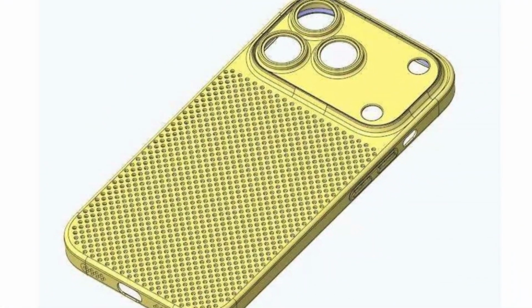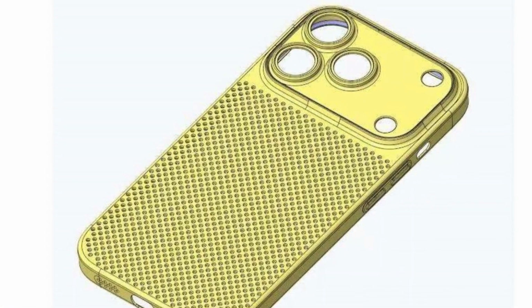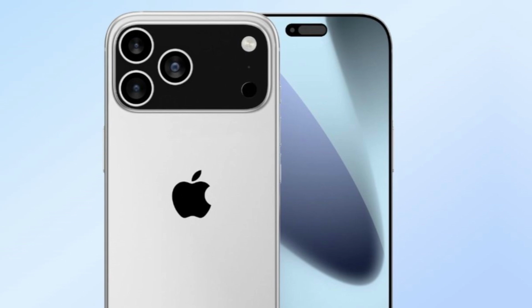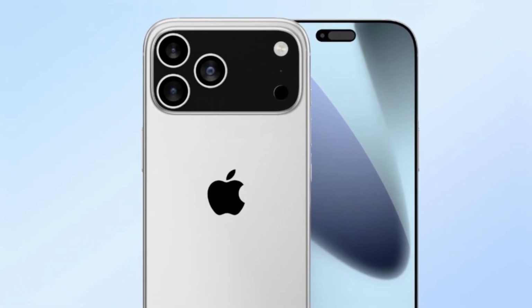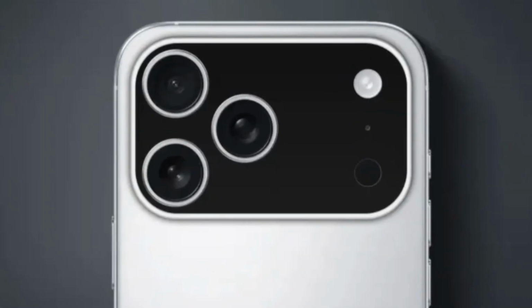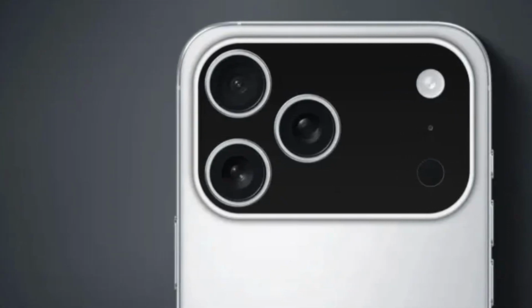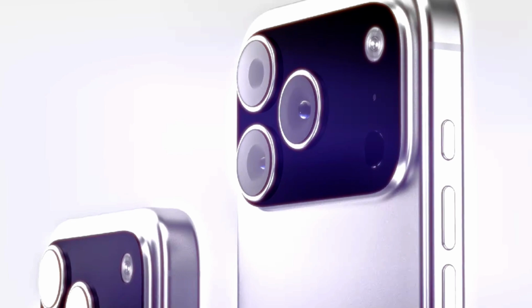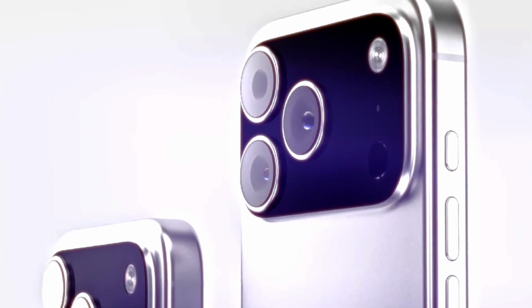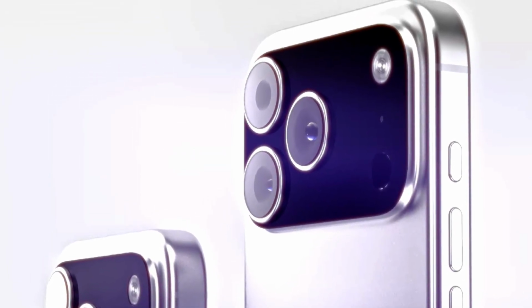A new leaked render of an iPhone 17 Pro case has created confusion due to a noticeable inconsistency. The image shared by leaker Majin Buu shows a design flaw that contradicts previous leaks. In one of the images, the camera bar appears shorter than expected, stopping well before the right edge of the phone. This goes against earlier CAD-based leaks, which showed the camera bar running from one side of the device to